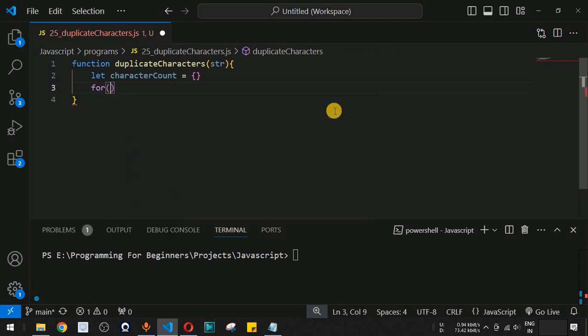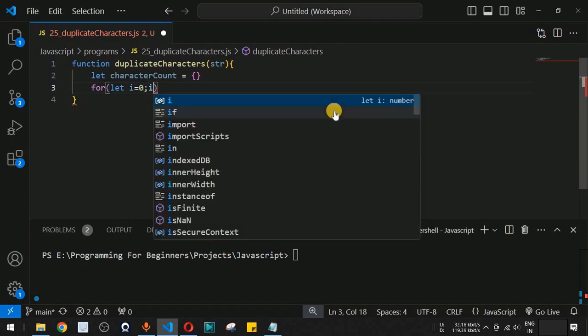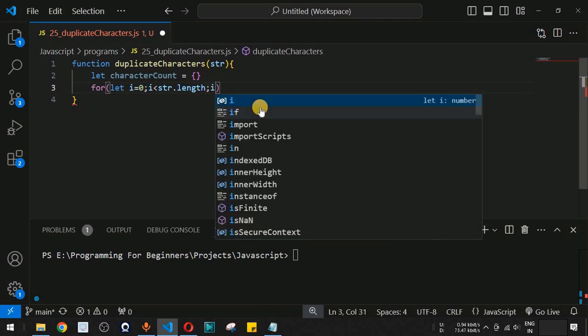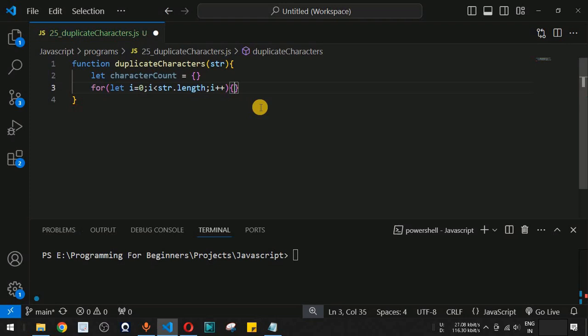So simply we have to use the for loop over here, and this will go from i equal to 0, and it will go up to the string length. So guys, over here simply we are going to say str.length, which is going to find the length of the string. So i will go from 0 up to the length of the string, and then we have the incrementation part, that is i++ over here. So guys, basically we are going to iterate through all the characters that are present inside the string, and then based on that particular character we are going to set the key value pair over here.